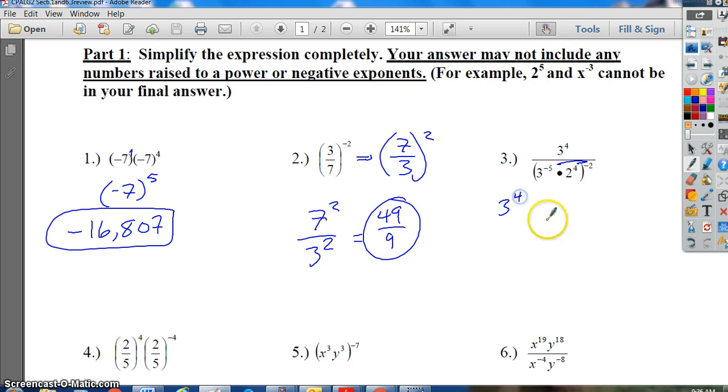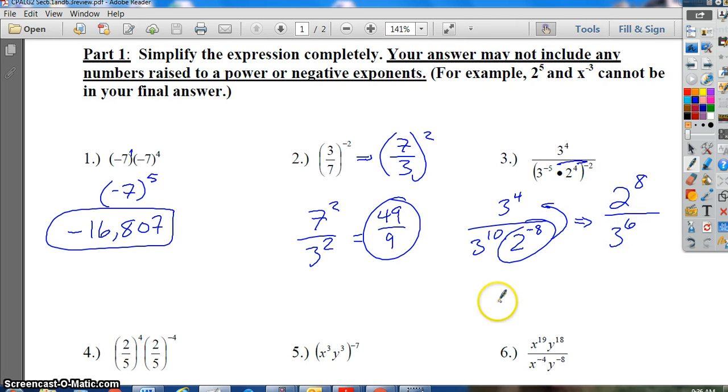So this will be 3 to the 4th over 3 to the 10th times 2 to the -8. This 2 to the -8 will go on top. And then 3 to the 4th, 3 to the 10th, this would be 3 to the 6th, because 10 minus 4 is 6, and 3 is larger than the bottom. All right, so 2 to the 8th, let's see here. Well, 2 to the 5th is 32,